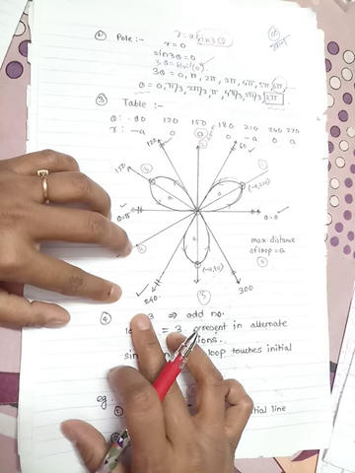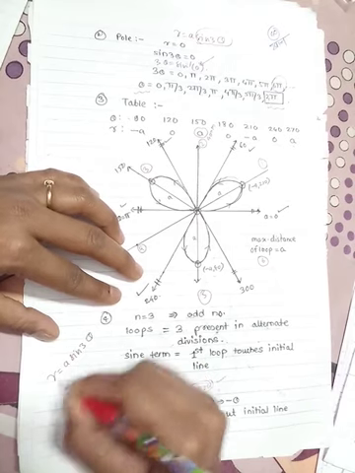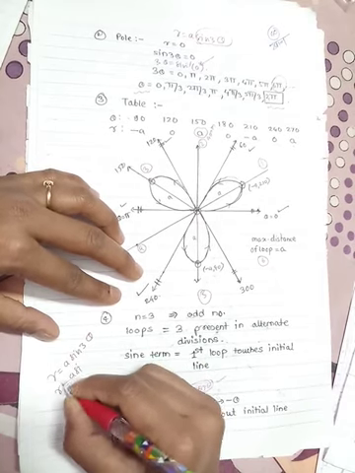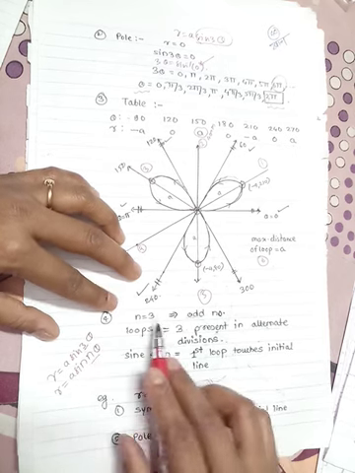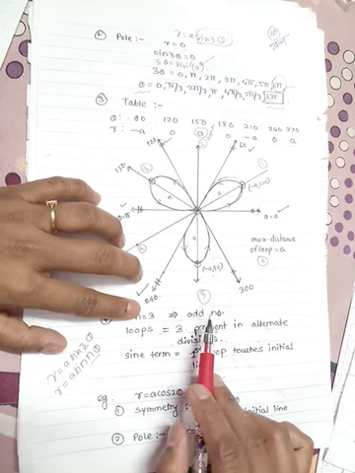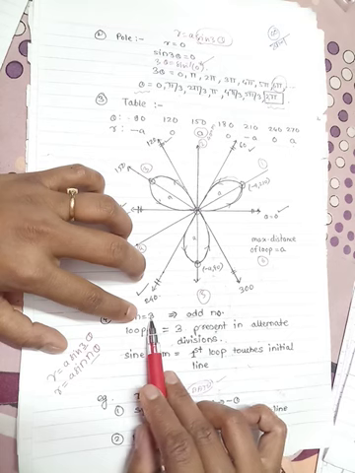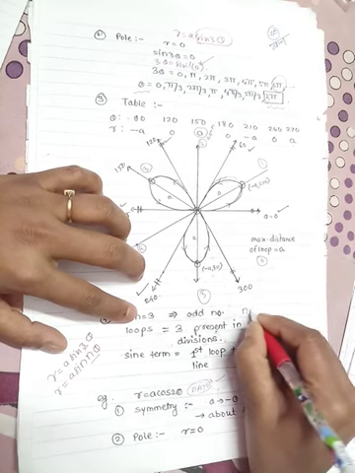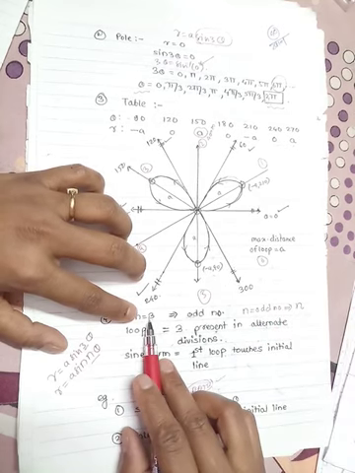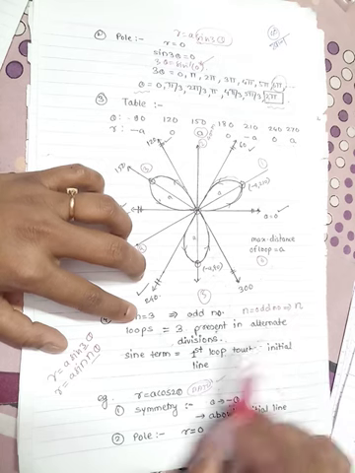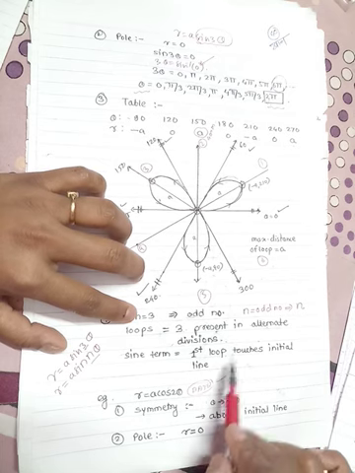Then the fourth is your main condition. Here we have r equal to a sine 3 theta. Compare this with r equal to a sine n theta. So here the n value is 3. 3 means an odd number. If n is an odd number, then the number of loops is equal to n. So here n equal to 3, which is odd, so the number of loops is also 3. So 3 loops are there, and since the sine term is there, the first loop touches the initial line.